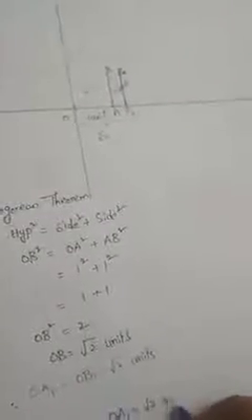Now I have one more triangle, the triangle OA1B1. I'll check what the OB1 value is. So in triangle OA1B1, OA1 is equal to how much? Root 2 units. A1B1 is equal to 1 unit. So what is the value of OB1? We don't know. Now I am going to find out that value. How I am going to find it is by the Pythagoras theorem. Again I use the Pythagorean theorem.